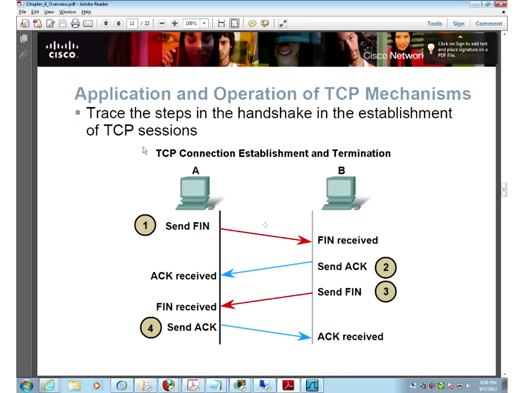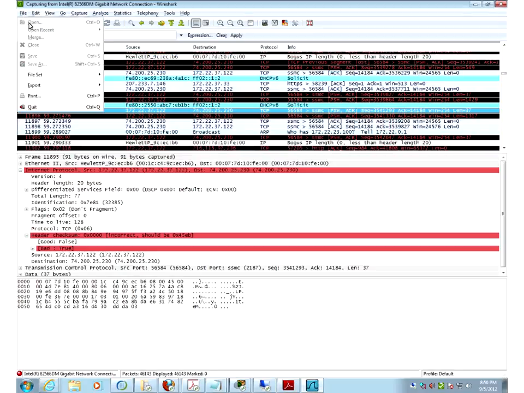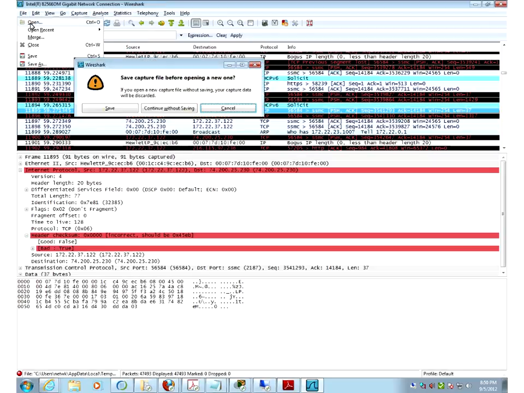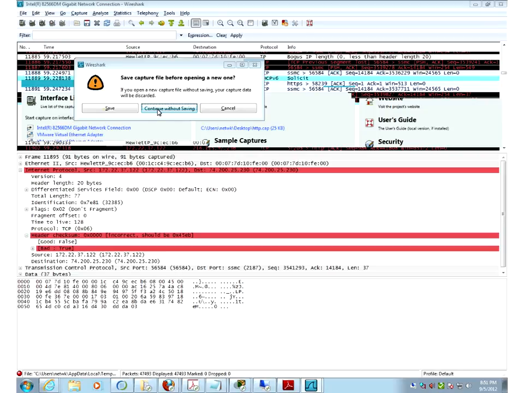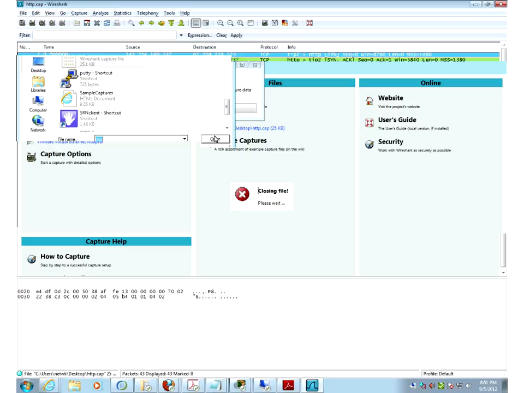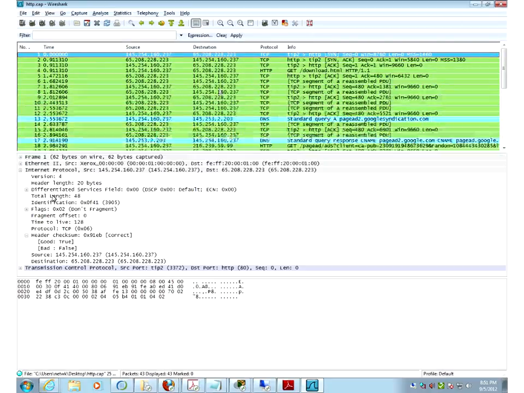If you actually open that Wireshark and look at that HTTP cap again, in order to do it, you got to stop your capture. So I'm going to open that HTTP thing again. If you look at that TCP three-way handshake, it's a little easier to see. So up here you'll notice